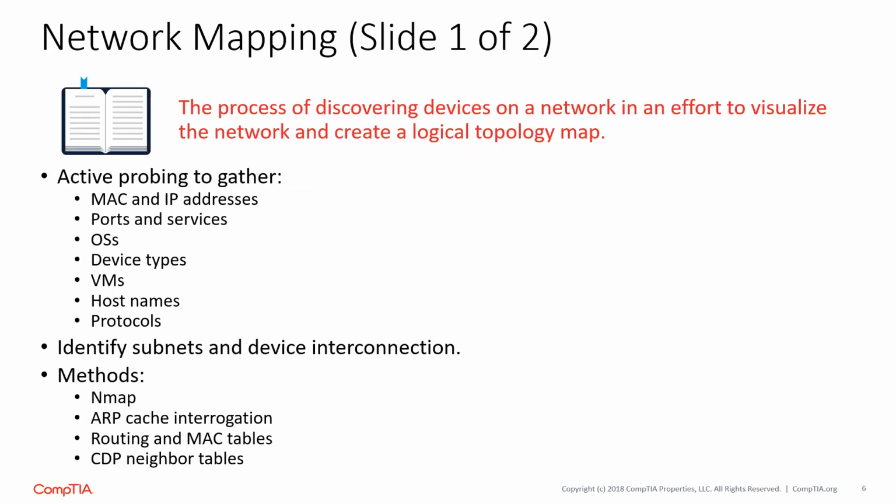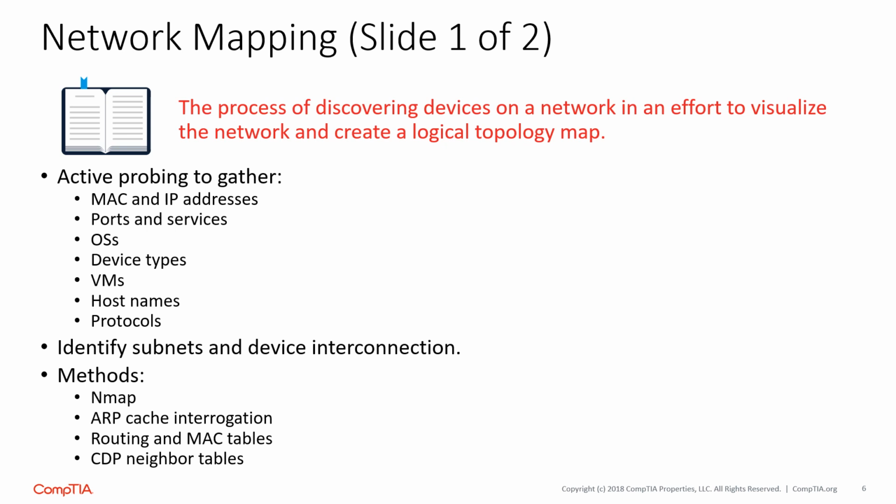Network mapping is the process of discovering devices on a network in an effort to visualize the network and create a logical topology map. It uses active probing to gather information such as MAC, IP, the ports and services, the operating system, the device types, the VMs or virtual machines, host names, and even protocols running on the network. Mapping also identifies subnets and how devices are interconnected. Scanning with tools such as Nmap, which has a network mapping feature,